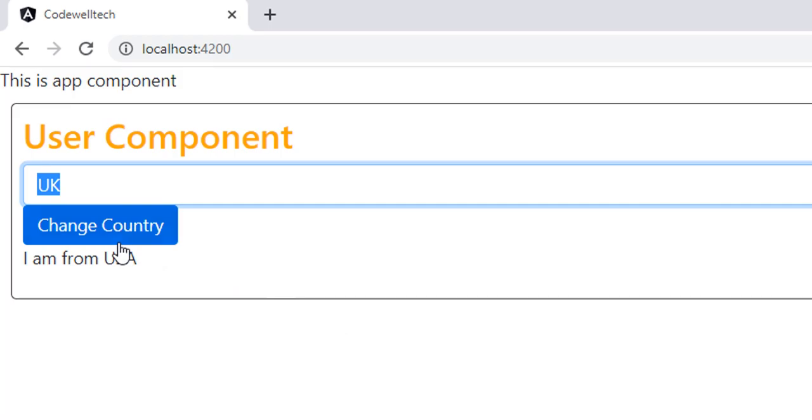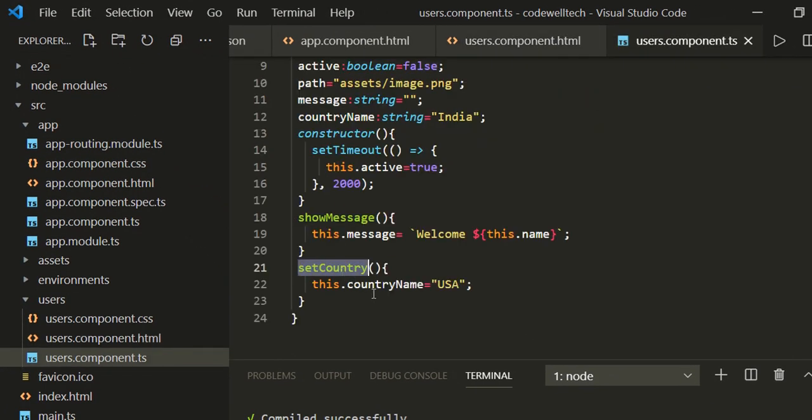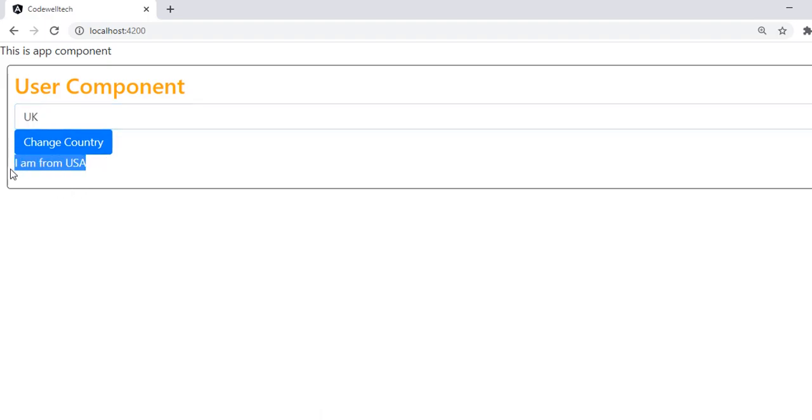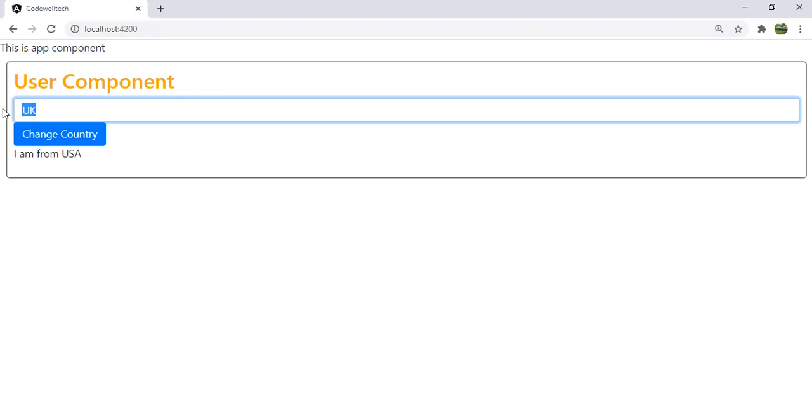When I click on change country, it hits the setCountry method and changes the value of this.countryName to USA, and then the view is updated. So I am from USA, and the text box is updated the first time only; from the second time onwards we don't see this value change.